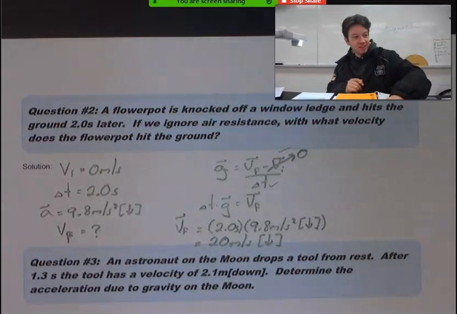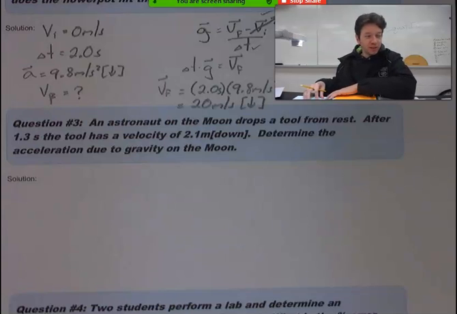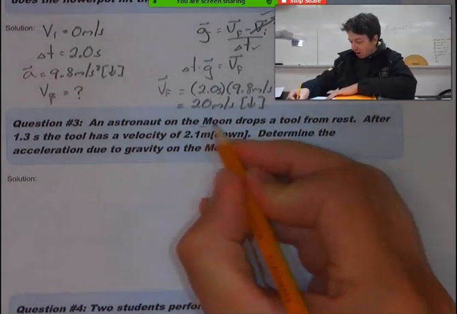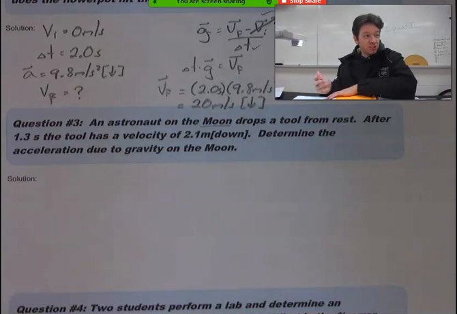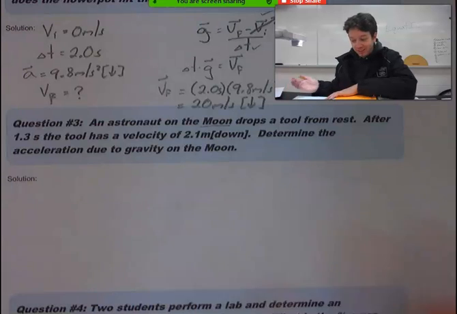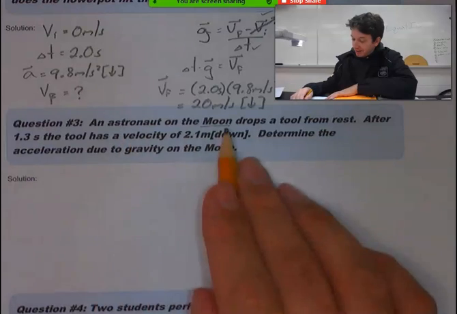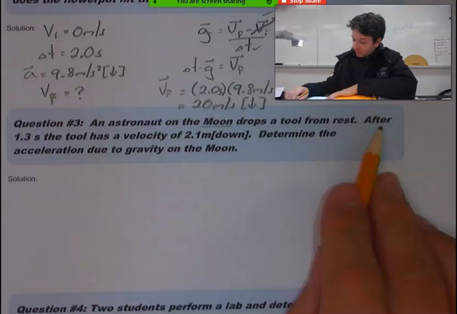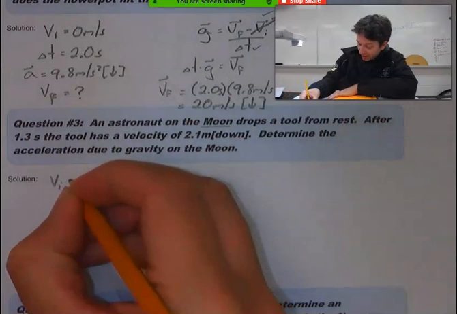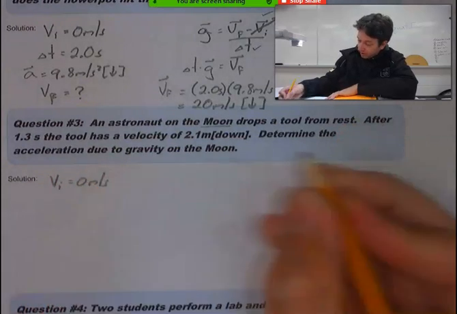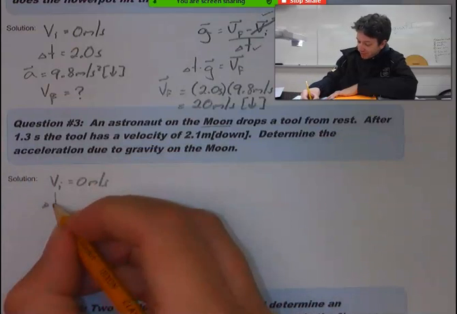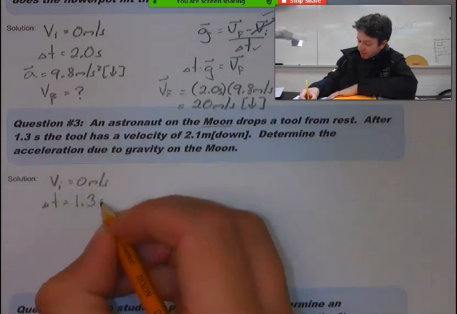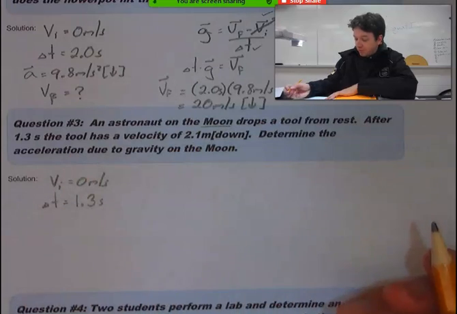Okay, I'll pause there. Now question 3, we have an astronaut on the moon. If we're on the moon, g is not 9.8. So if I specified that we're not on Earth, like in this question, you cannot assume that g is going to be 9.8. An astronaut drops a tool from rest, which actually happened, remember. From rest, meaning our initial velocity is 0. After 1.3 seconds, so we have a time of 1.3 seconds,